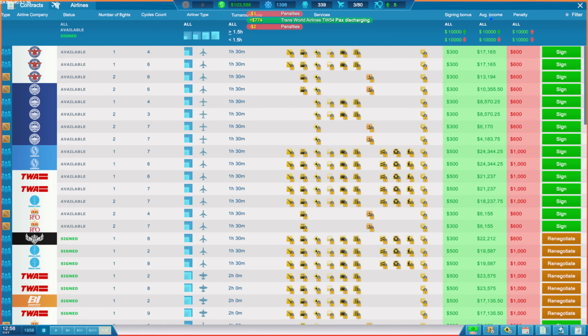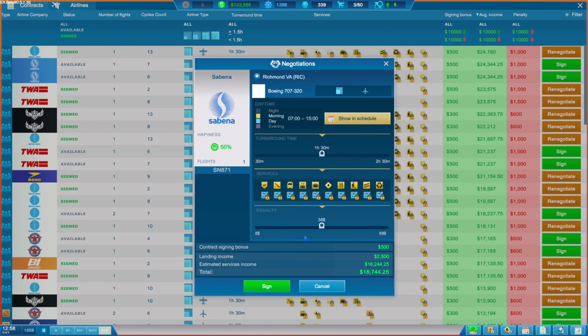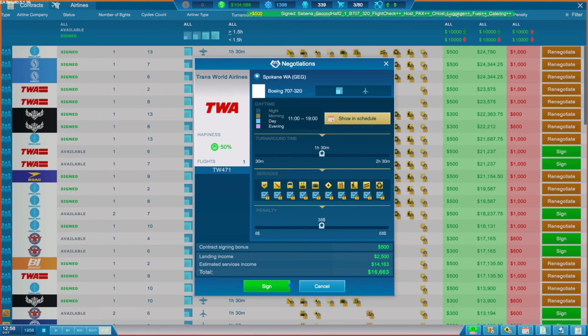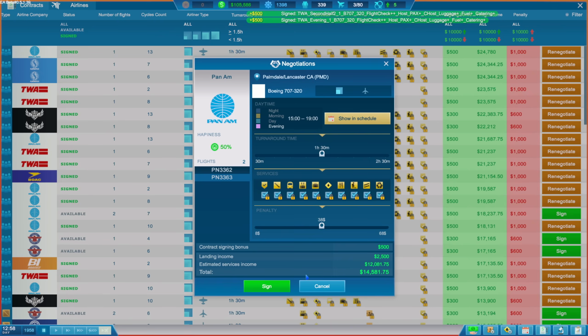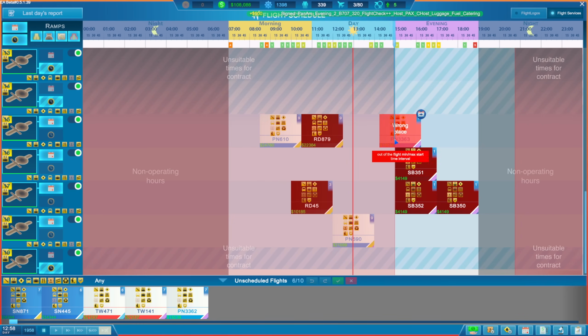Oh, there we go. There we go. I was hoping to get a few more high-value jet contracts. And maybe this is the start of them right here. Jet, yes. Jet, yes. Very, very nice indeed. Jet, yes. Okay. Problem is, though, the real problem is that we've only got like